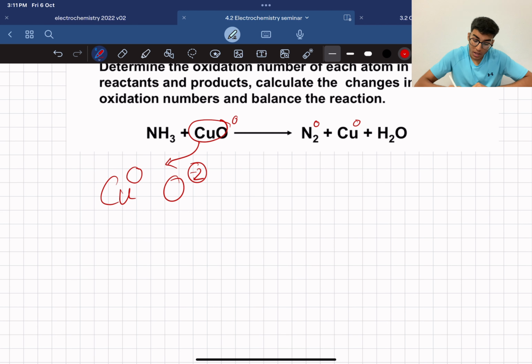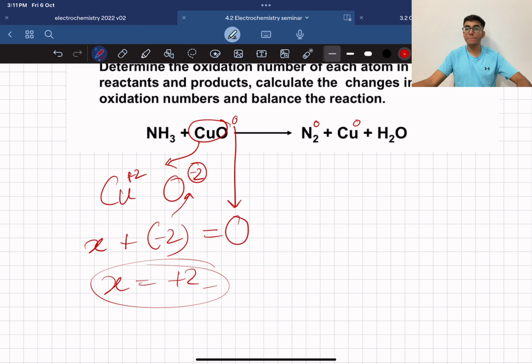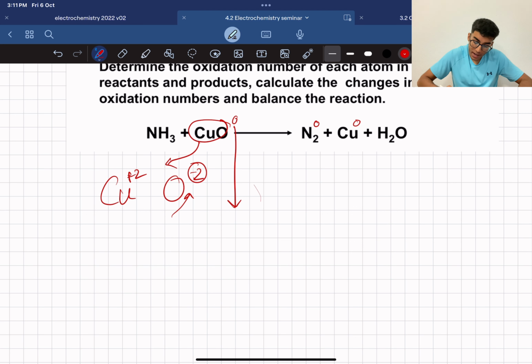How do we find it out? Let's consider this oxidation state to be X. We know that X plus -2, that comes from here, will be equal to 0, the total state, that comes from here. Bring it up, X is equal to +2. Boom. So the charge over here will be +2. That's how you find the oxidation states. Let's do that again, but now we'll use